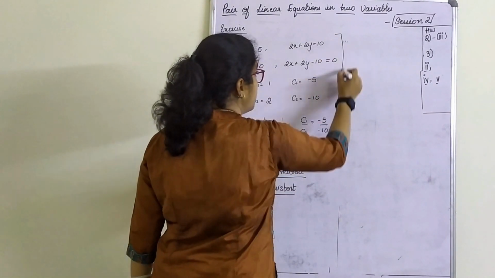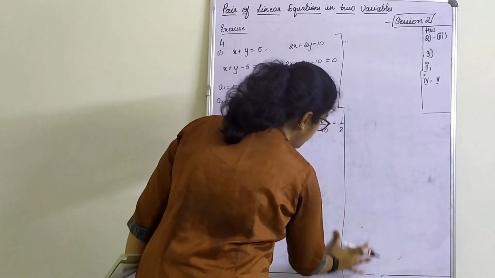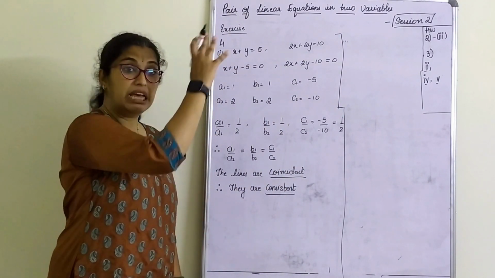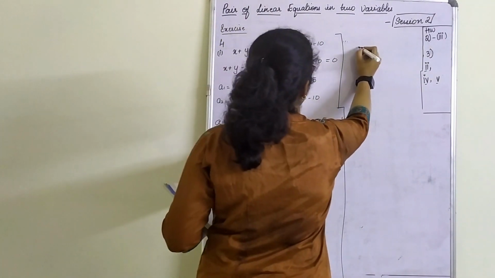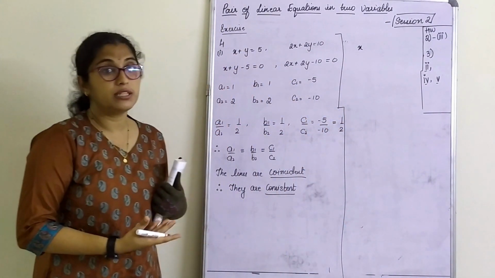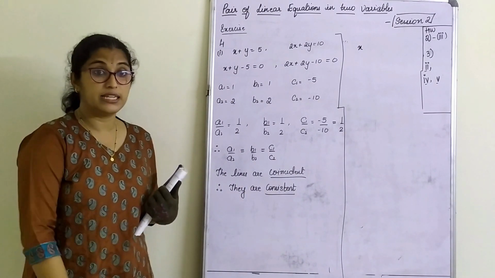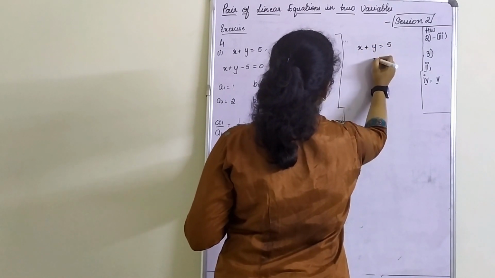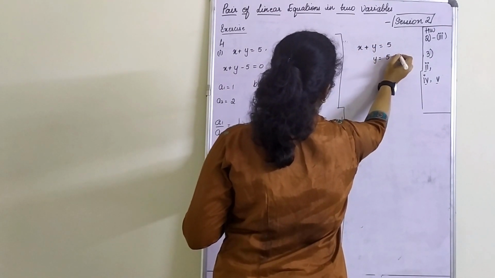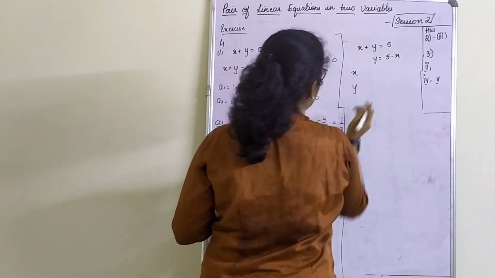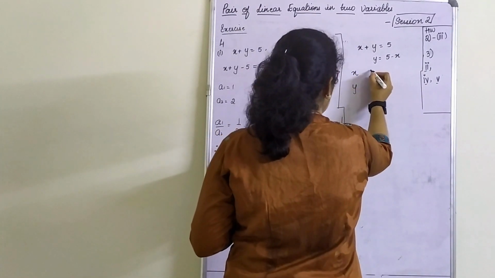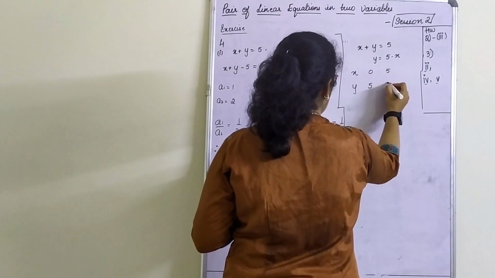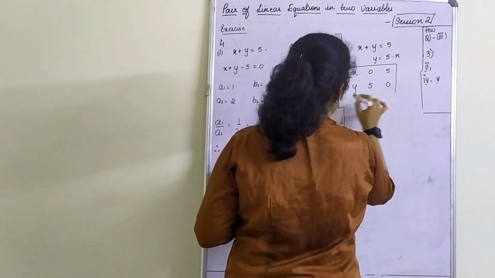Now, to draw the graph, what do you require? First of all, you need a tabulation of x and y with respect to the equation. Let's tabulate it, first one. Children, where will you do this? Since the graph is involved, this is done in the graph book. X plus y is equal to 5, y is equal to 5 minus x. Tabulate the column for y is equal to 5 minus x. X is 0, y is 5 and x is 5, y is 0. Enough, we'll take only these two values here.